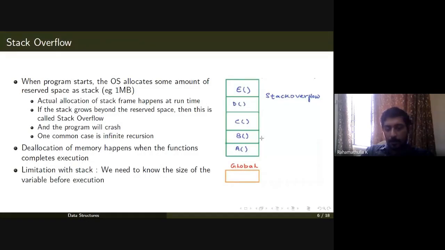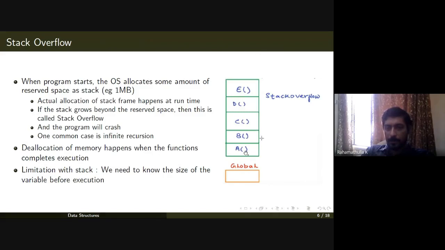One common situation where a stack overflow will happen is in the case of an infinite recursion. So if you have written a recursive procedure, and you have forgotten to include any termination condition inside it, then function A will call the same function again, and so on.